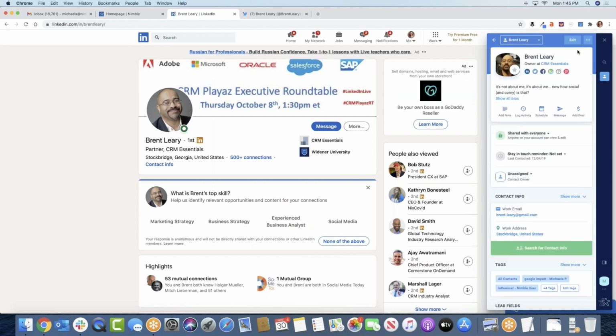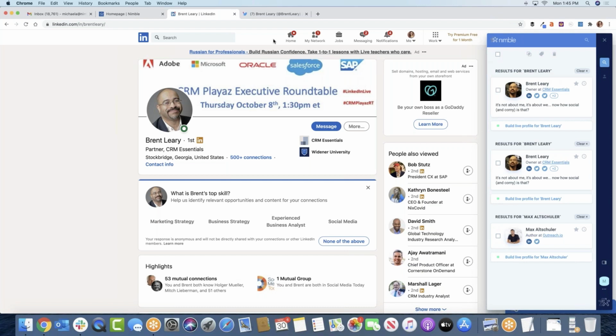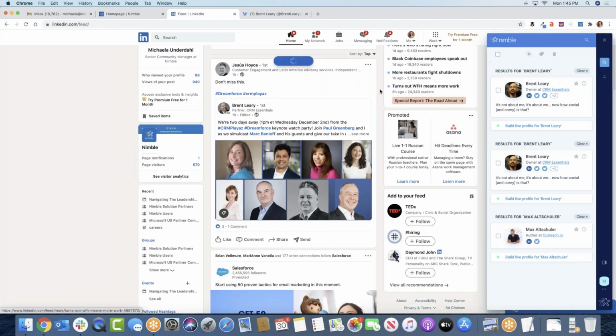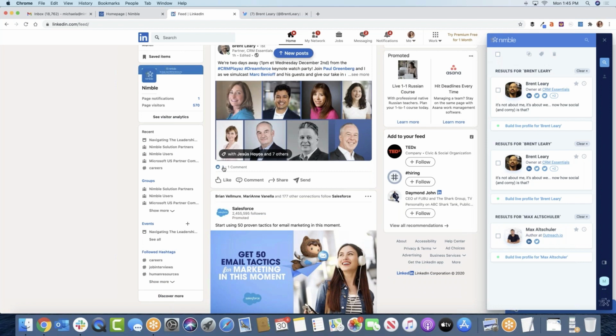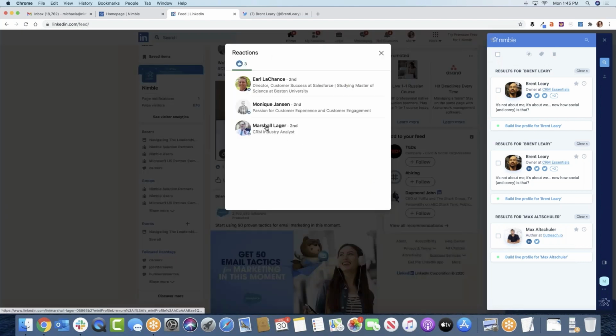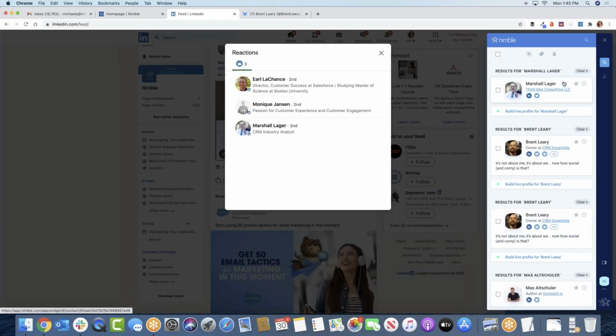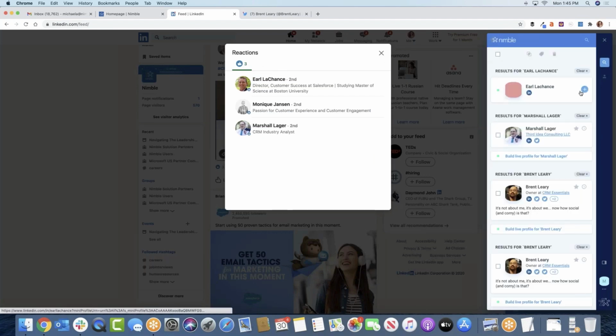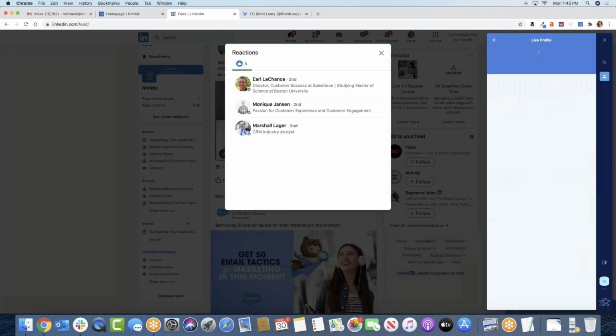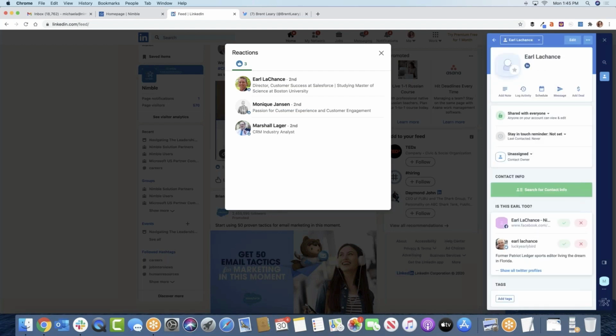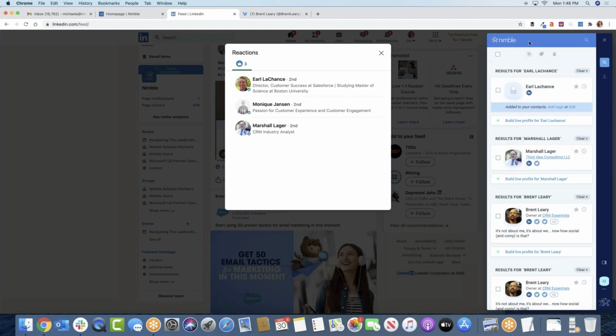You want to make sure that what you're saying is reflective of a good conversation. It's not saying to Brent, "Oh, Brent, I see that you went to Michigan State. I went to Michigan State," and then he's going to be like, "Oh, it sounds a little patronizing." But what you do is use that information to build those conversations, not as a contrived way of doing things, but using your critical thinking in order to drive really good conversations. And really good conversation leads to success and leads to building relationships. And that's what Nimble does. It helps you to build relationships.